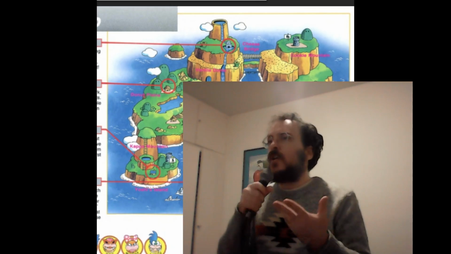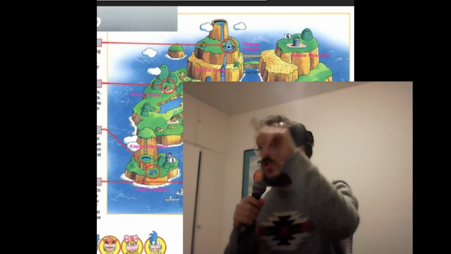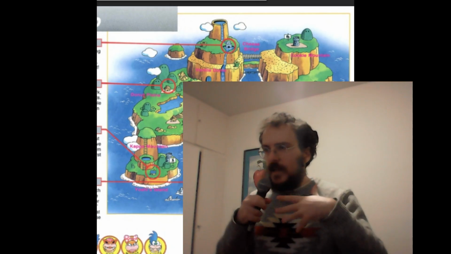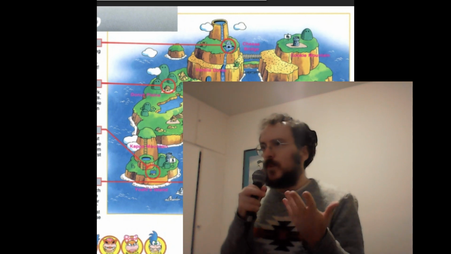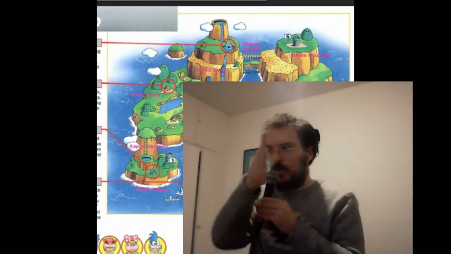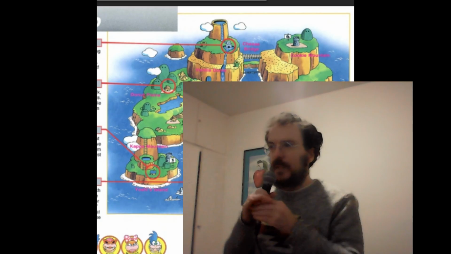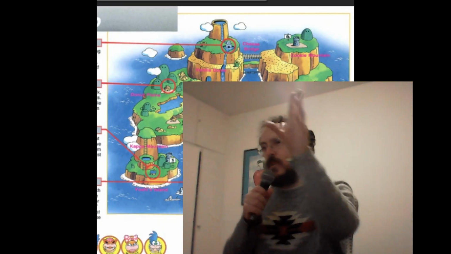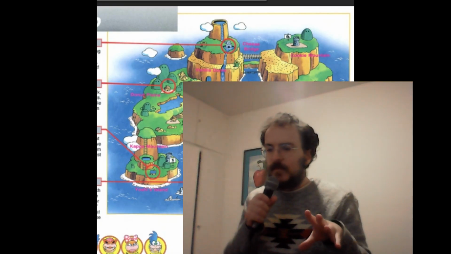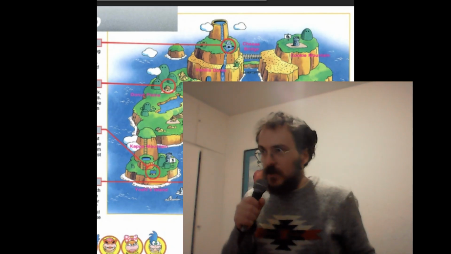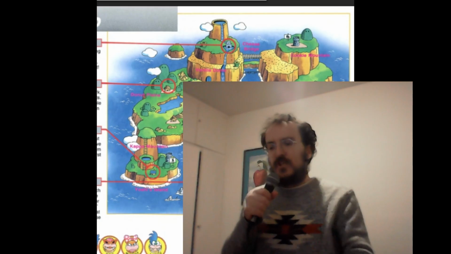Nintendo seemed to choose a circularish structure, squarish, circularish, where the hub world in Super Mario World is kind of visible at one glance, which means that it isn't a straight line. The hub world isn't this sort of horizontal straight line with level 1, level 2, level 3. It's sort of a circular donut with level 1, level 2, not level, but world 1, world 2. And so you can kind of get to any world at any moment. That's my interpretation, at least, that these circularish structures